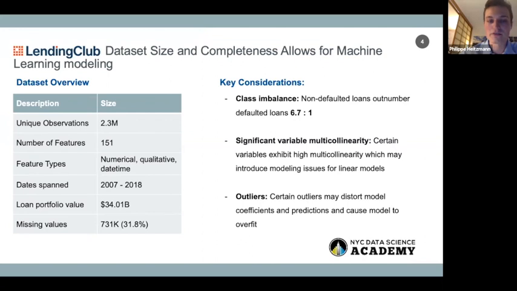But one of the advantages of the largeness and completeness of the LendingClub data set is that it does span a good amount of macro fluctuations, where you have the 2009 to 2013 period that definitely encompasses a much more severe economic downturn versus other years. So I think that would really be a bigger problem if you only had data, for example, for years 2008 to 2010 or years 2016 to 2018. But in this case, because we have so much data across so many years, that's definitely a little less of an issue.